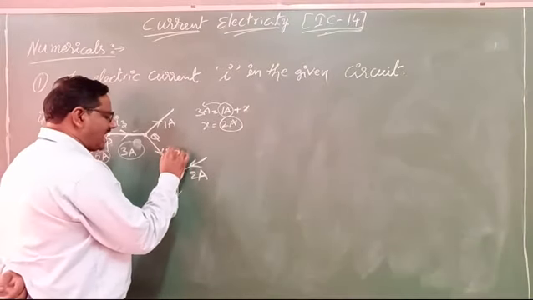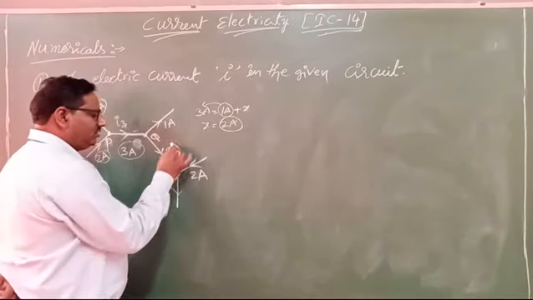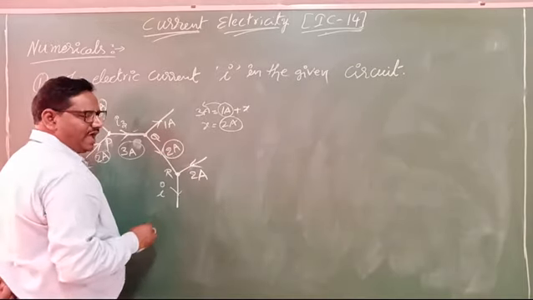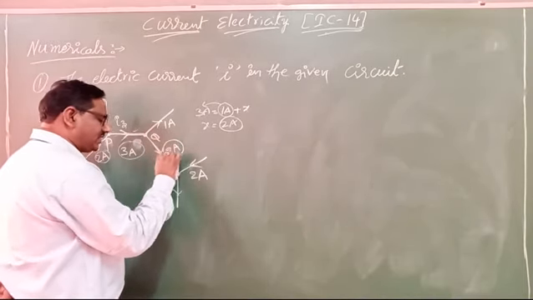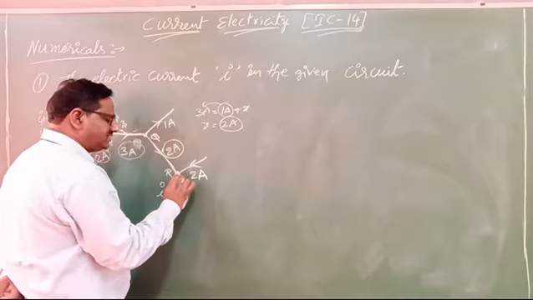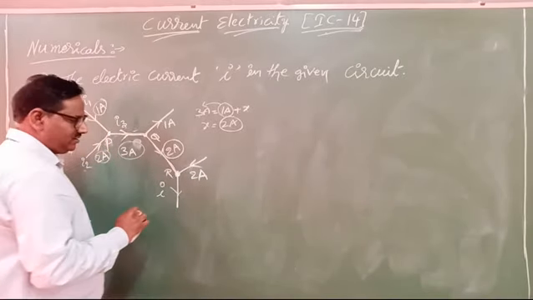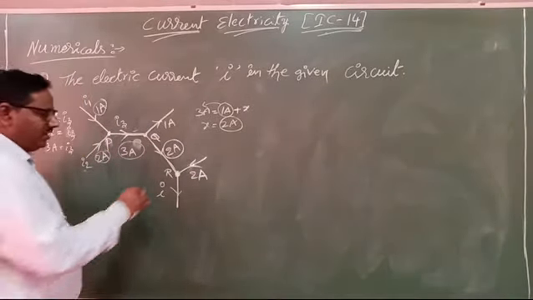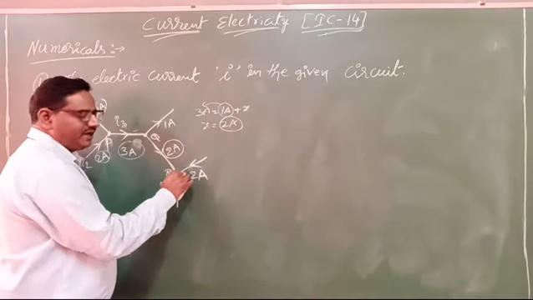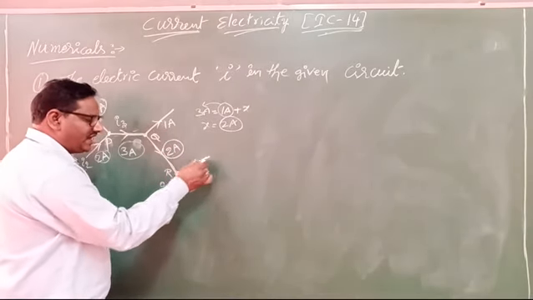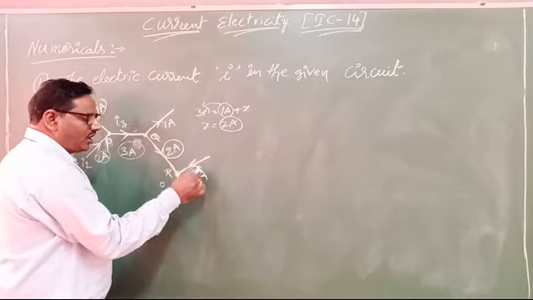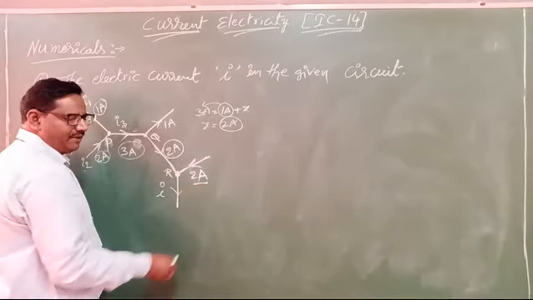Now it is a 2 ampere current. Now how much do you measure here? 2 amps. This 2 amps current will come and meet at a junction, which one? R. I understand? Here 2 ampere current will meet, and here also from this side one more current will come. How much is it? It is also 2 amps.